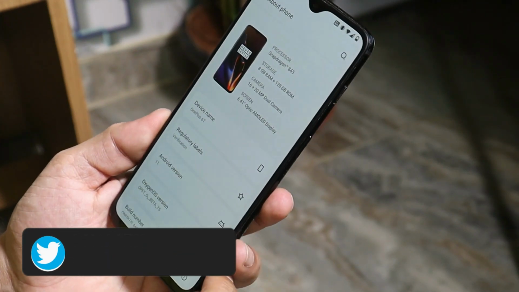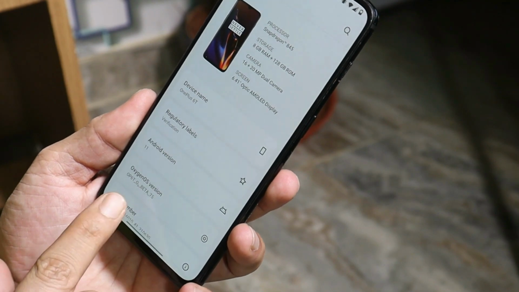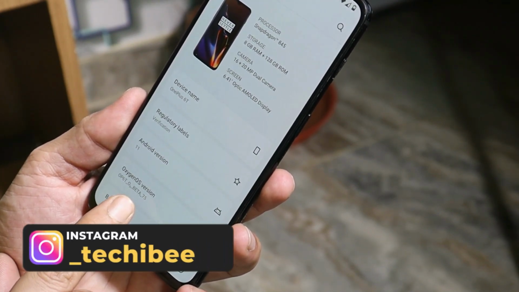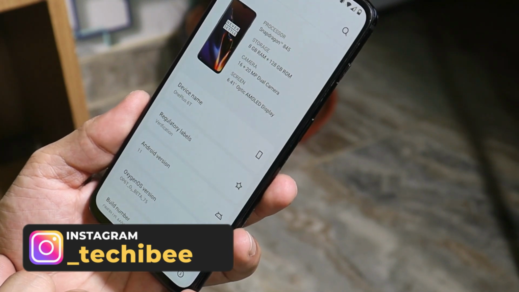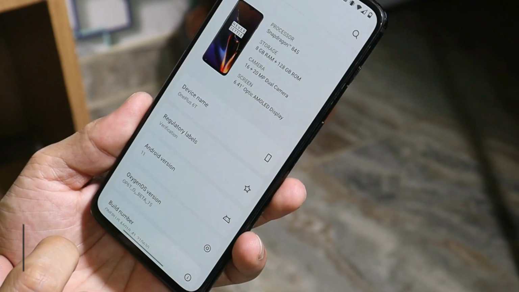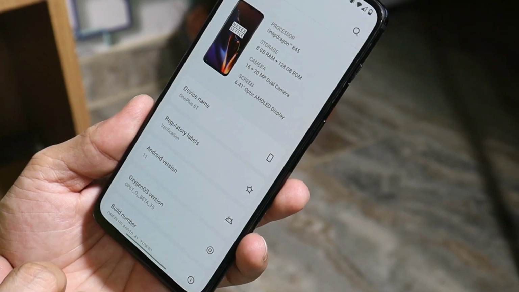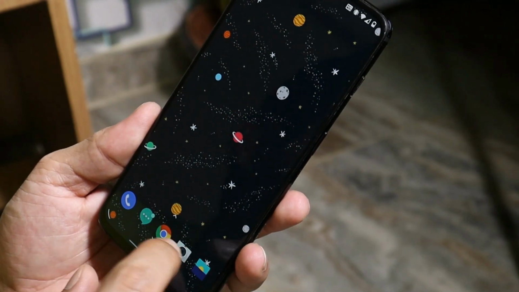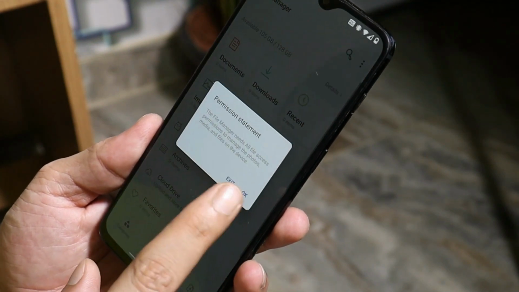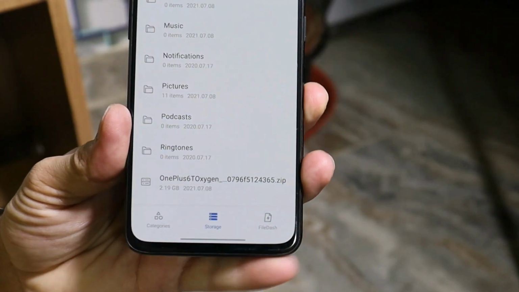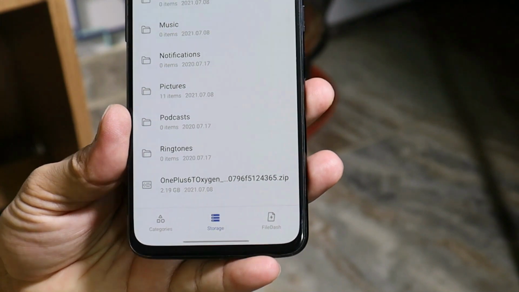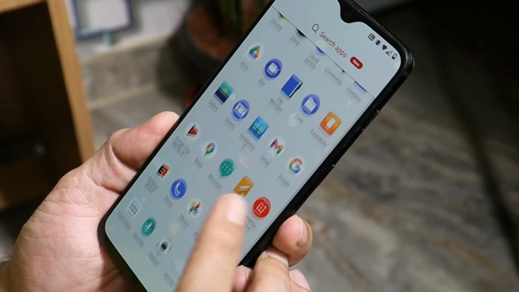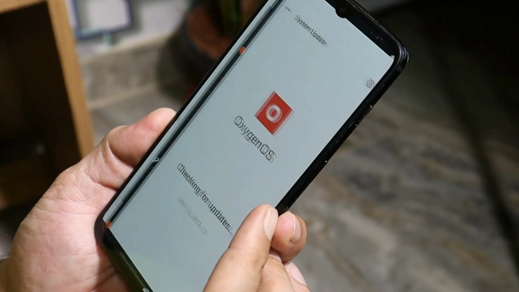Let's talk about the software information. If you take a look at the Oxygen OS version, it says Oxygen OS Open Beta 75. And if you guys are already running Open Beta on your OnePlus 6 or 6T, which was based on Android 10, then you might receive an OTA update. Or else both the files are given in the description below. You can download the file, place it inside the internal storage of your device. As you can see here, I have placed the file inside the internal storage, and avoid placing it inside any of the folders. Once you do that, go to Settings, System Update.